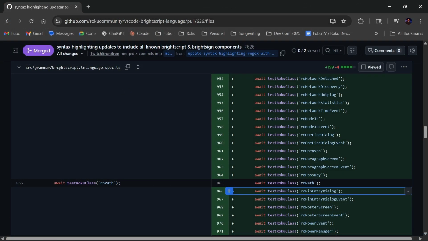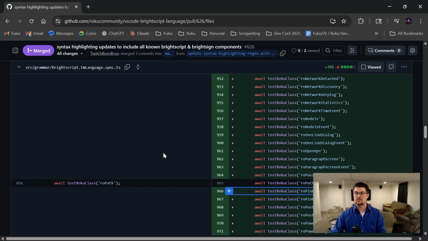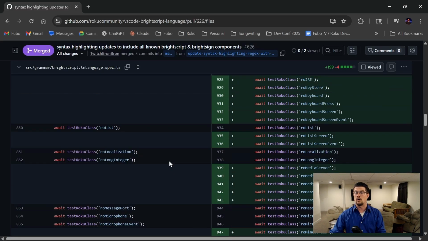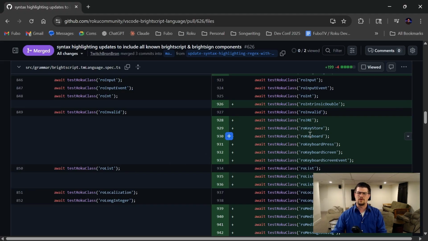And then this last one, there are a whole bunch of BrightScript objects that we did not have on our list. Some of these are actually BrightSign as opposed to BrightScript. So we went through and we looked at the documentation, compared both of them, and built a union of all of the different types. So even if you're using our VS Code extension for BrightSign development, which we don't have a ton of support for, if it works, it's just a happy accident,